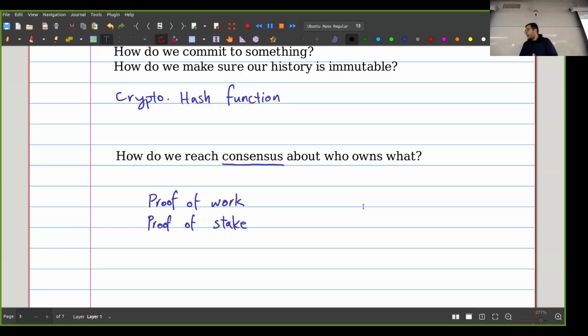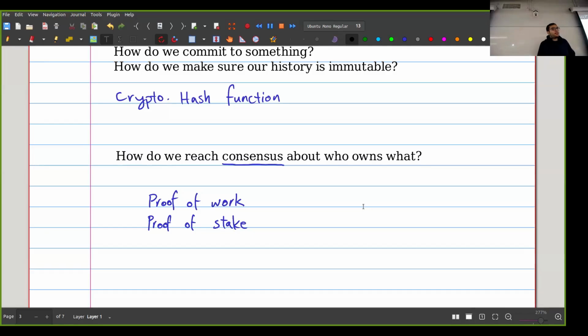Because you see, if you have a centralized system, that's not hard. If you have a bank, you own your money if the bank says you own it. Right? You own your money if you own it in the database that is stored on the bank's servers. But what happens if I have a decentralized system? What happens if I have tens of thousands of nodes, tens of thousands of computers on a network, and no one has any kind of advantage or privilege over anyone else?